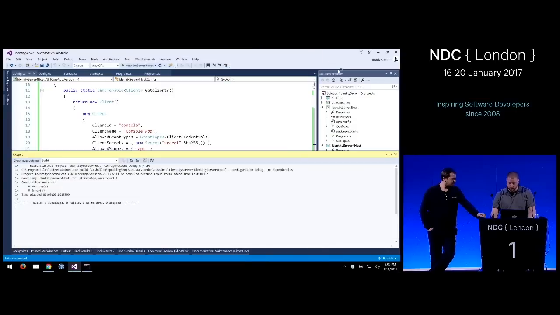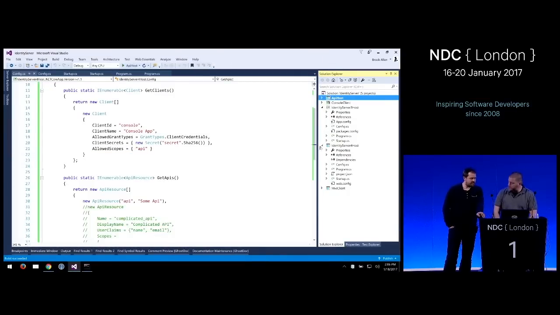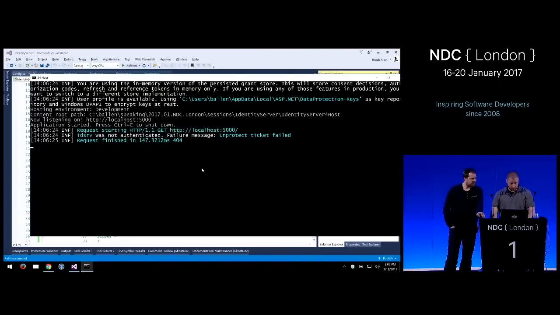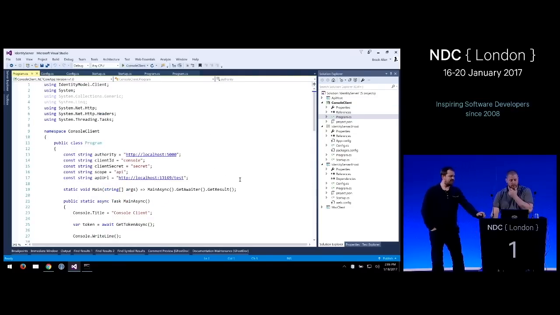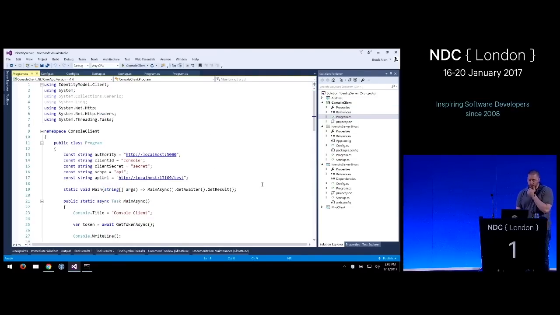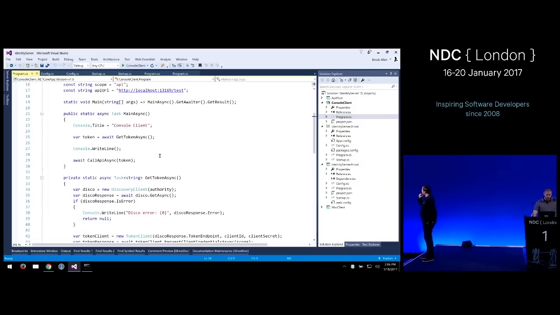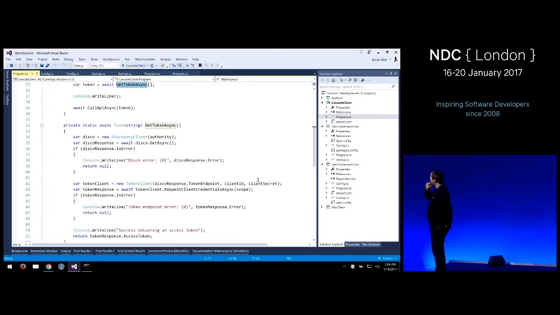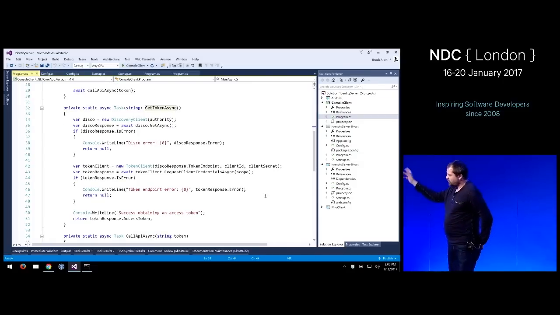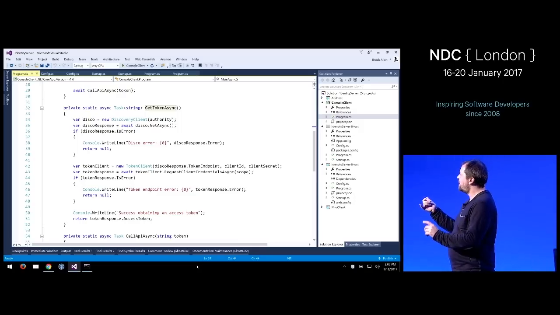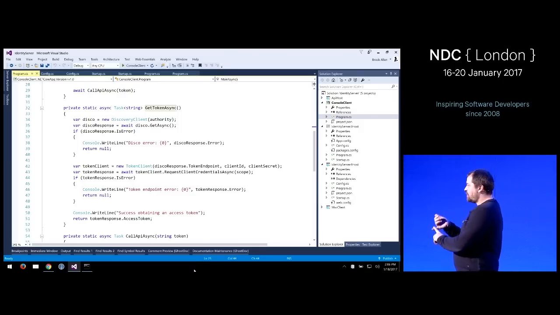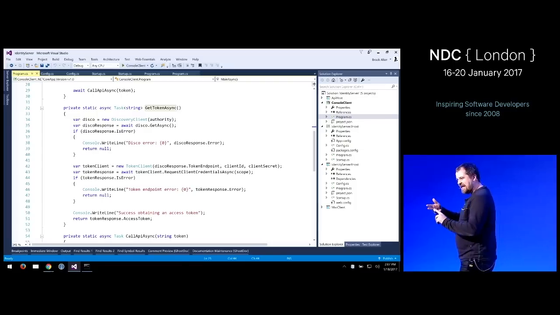Okay, there's IdentityServer4. Again, rerun our API. Go back to the client code first before you run it. What did we miss? No, the client code. Console client. A couple of things I want to point out that we also changed here. So when you scroll down, when you get the token, there's this class called token client, which is our client library. You don't have to use that, but basically what Brock's passing in here is the address to the token endpoint, the client ID, and the client secret.